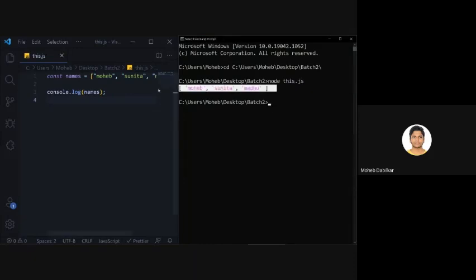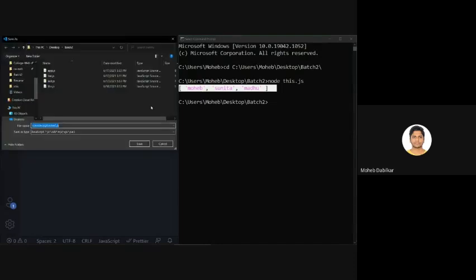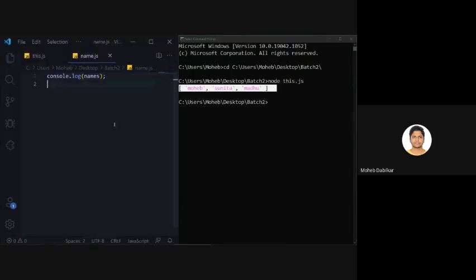But at some point I will find myself needing to get these names in another file. So let's just say I have another file, and over here I will say console log names.